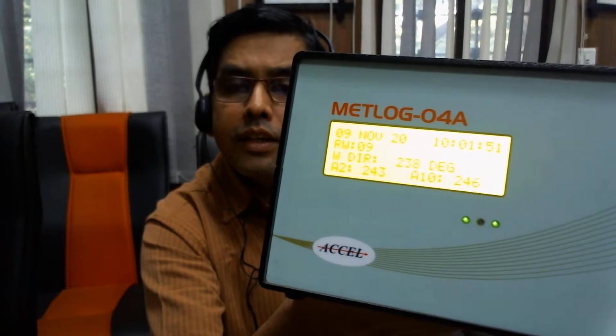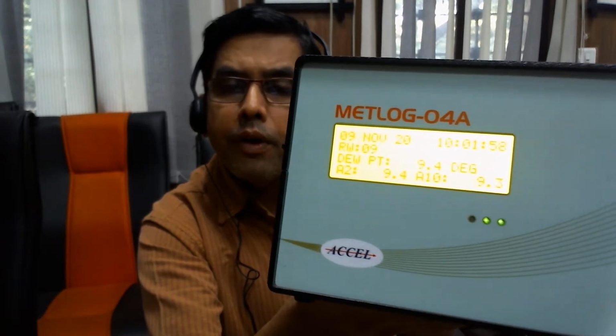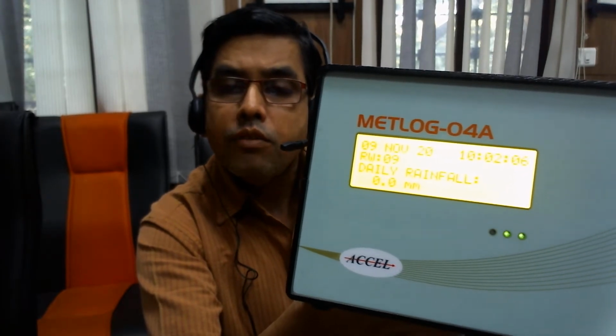One after another, the data is getting scrolled: temperature, humidity, dew point, pressure, QNH, QFE, daily rainfall, and wind speed.